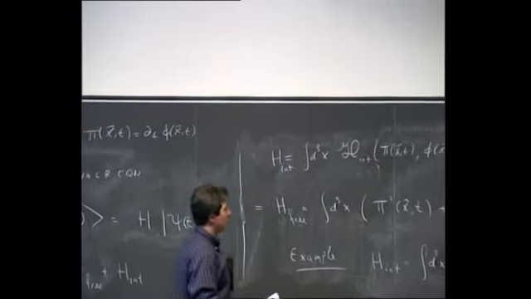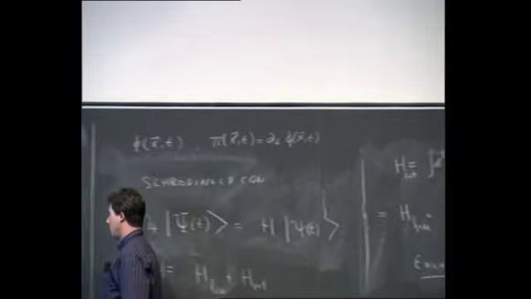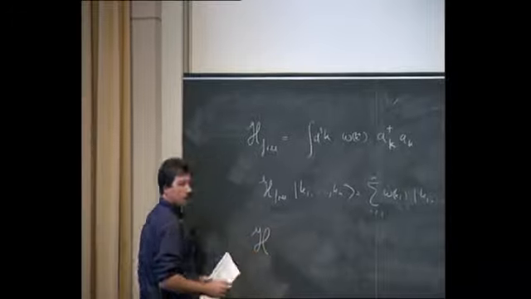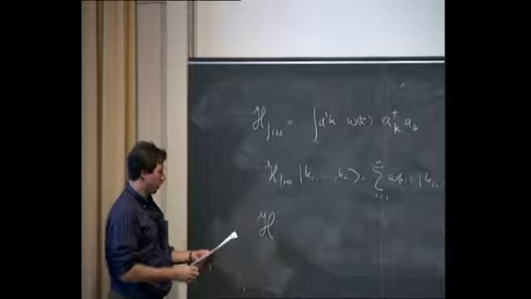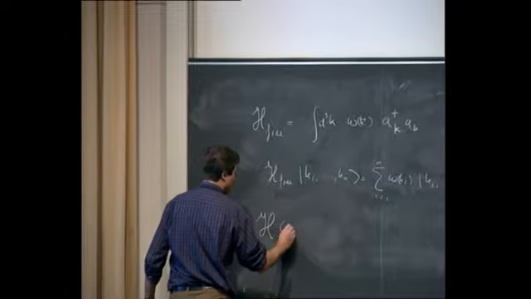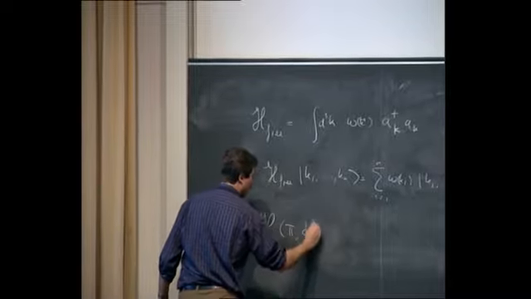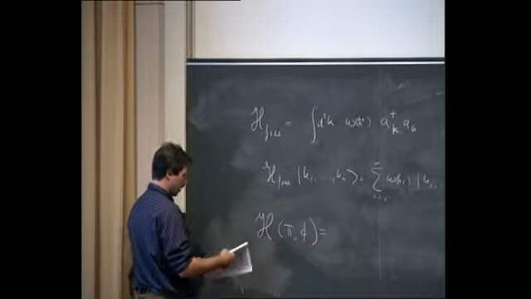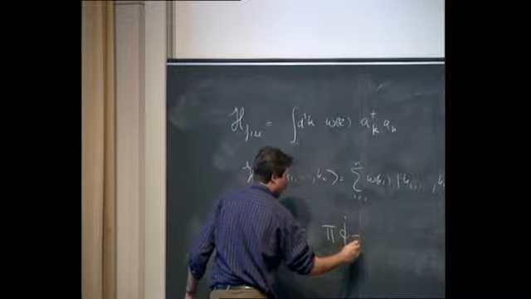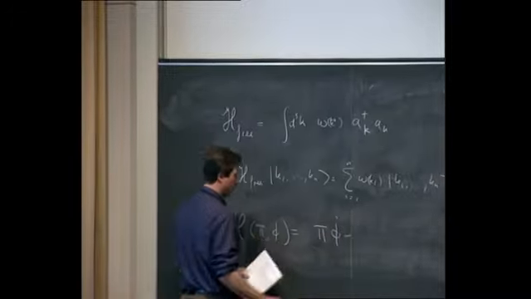So the way that goes is that the Hamiltonian indeed is not Lorentz invariant, but it's related to what's called the Lagrangian in the following way. If I have a Hamiltonian which is a function of pi and phi, then I can write down a Lagrangian